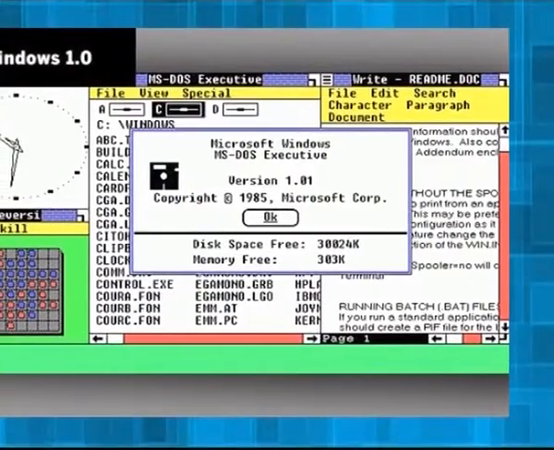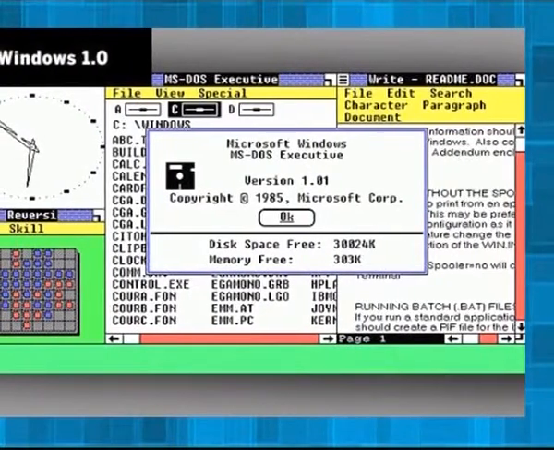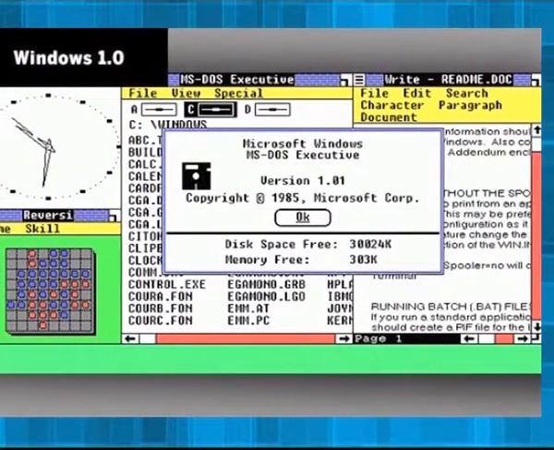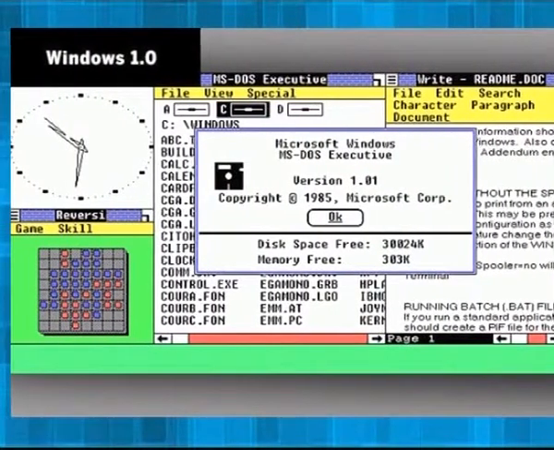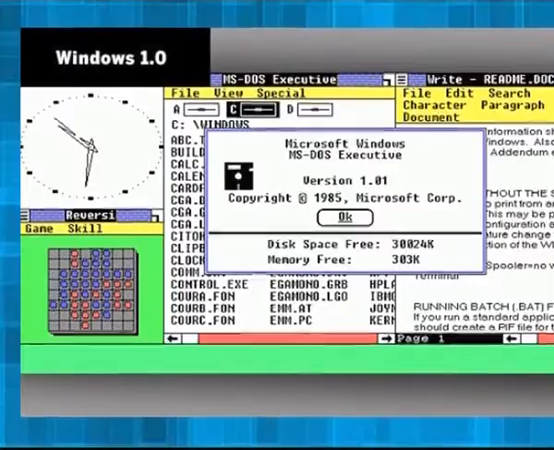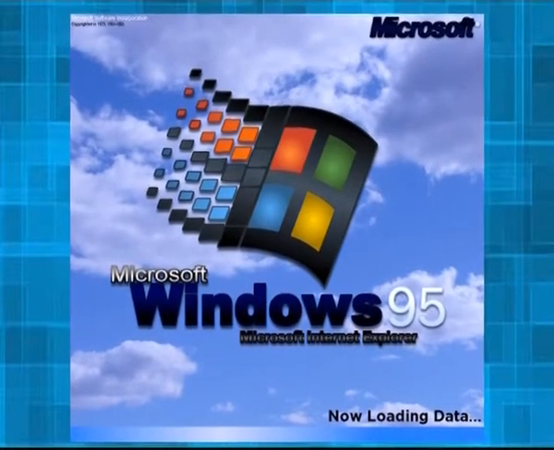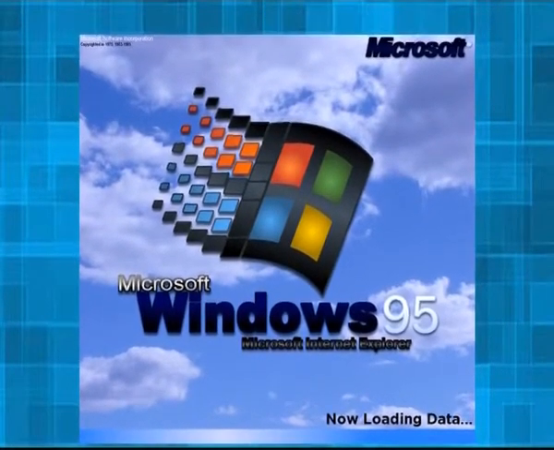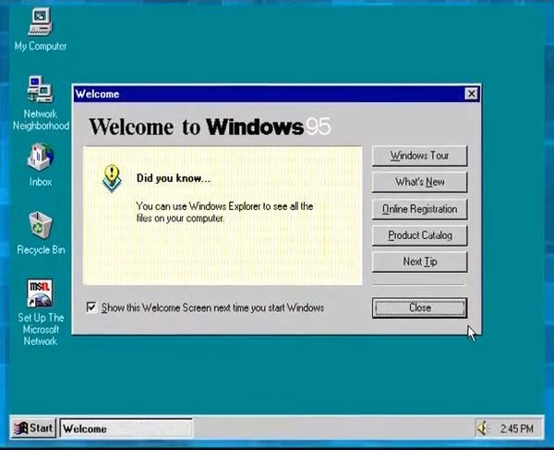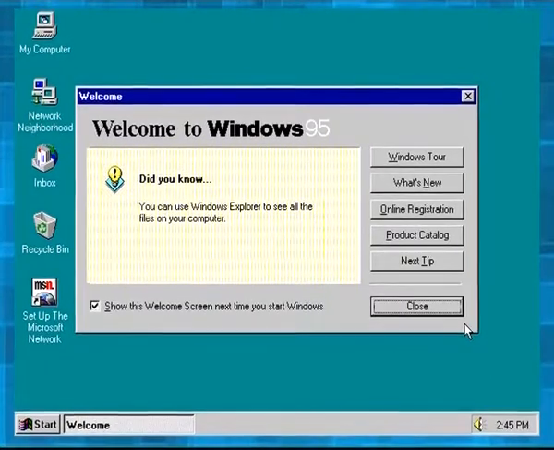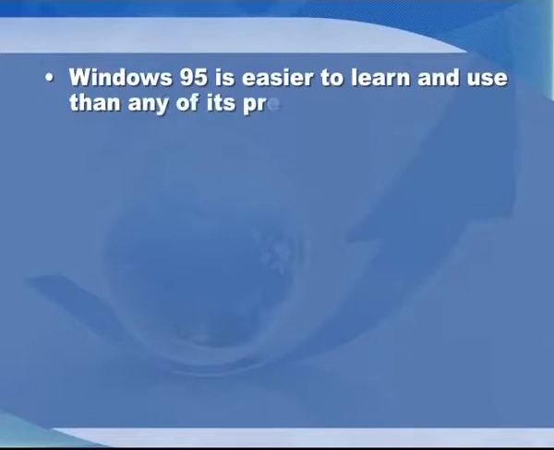The first version, Windows 1.0, was introduced in 1985. Windows was an application of MS-DOS using the basic commands of DOS. Windows 95, released in 1995, is a 32-bit operating system which includes MS-DOS 7.0 and takes control of the computer system after starting. The main features of Windows 95 are: Windows 95 is easier to learn and use than any